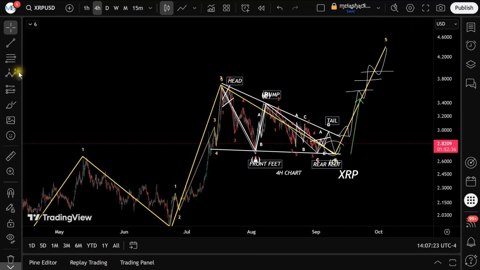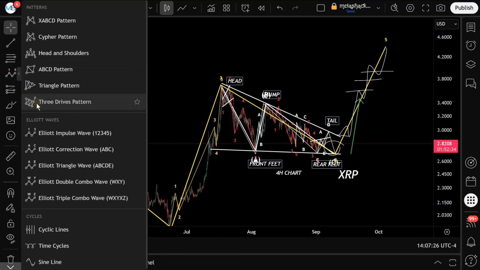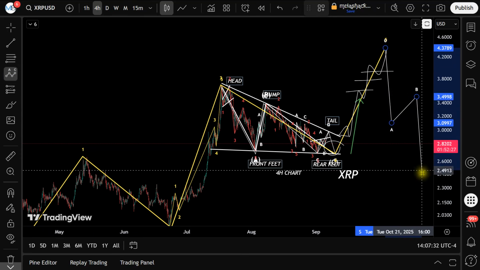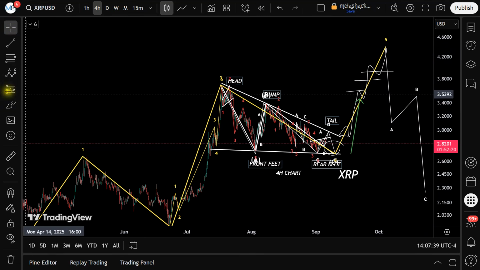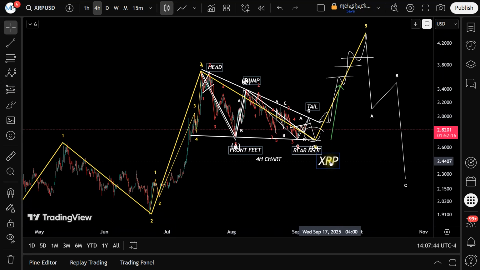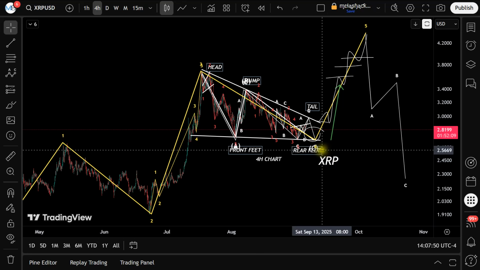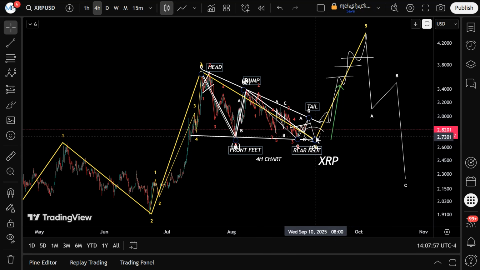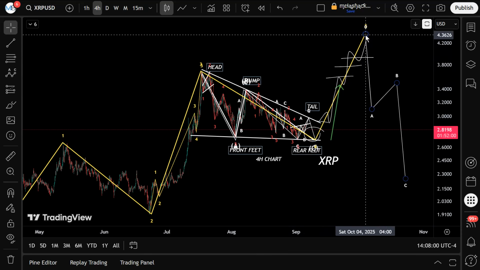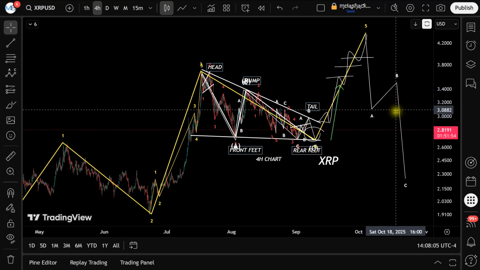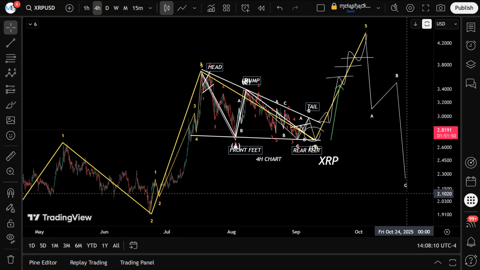Which could also present another incredible opportunity, because once we hit that wave 5 termination point, we can expect to see another correction. And it's likely going to be a deep correction. So by seeing this in advance, knowing what we're dealing with, it makes it very easy, because we can trade this C, we can trade the E down, we can trade the impulse on the wave 5 up, we can trade the retrace on the wave A down, the B up, the C down, and the whole time we know